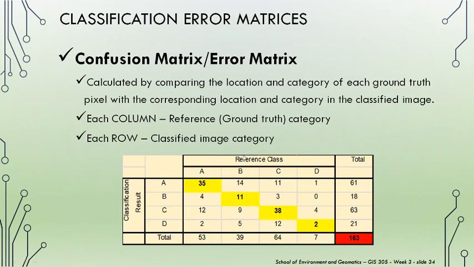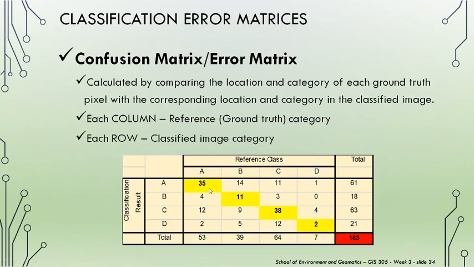So if, for instance, I have 53 samples for my class A, and I find out that the classified image agrees that 35 of those are actually, yes, I've classified them as A, then